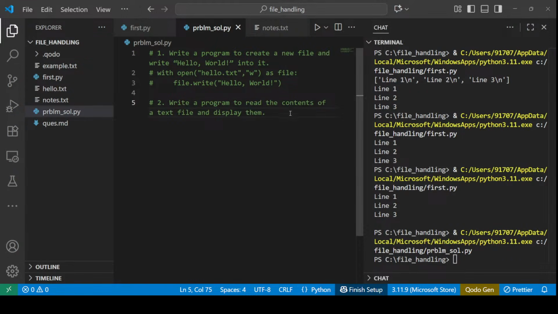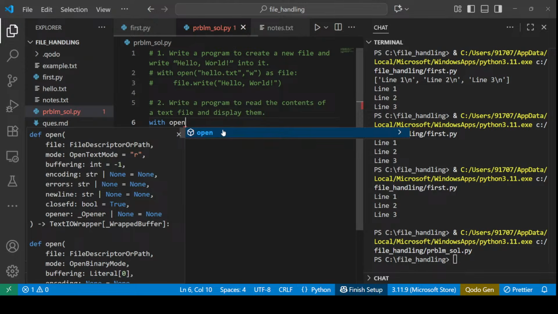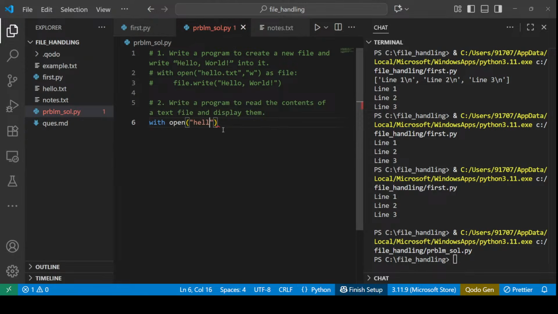Okay guys, the next question is related to the first question. Write a program to read the content of a text file and display it. Now only we have created hello.txt, and as you can see here, hello.txt is created. Let's check whether that hello.txt is stored with hello world or something else. So let's write the code. Again the same line of code, only the mode will be changed. I'll write with open hello.txt in read mode. Not E mode, R mode, as